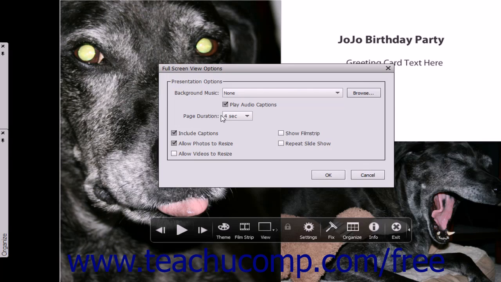Then check any of the following checkboxes to enable the associated options within the presentation or within full screen view. Checking the Include Captions checkbox will display any photo captions associated with the selected photos. Checking the Allow Photos to Resize checkbox lets the photos be resized to best display them within the full screen view. Checking the Allow Videos to Resize checkbox lets selected videos also be resized to best display them within the